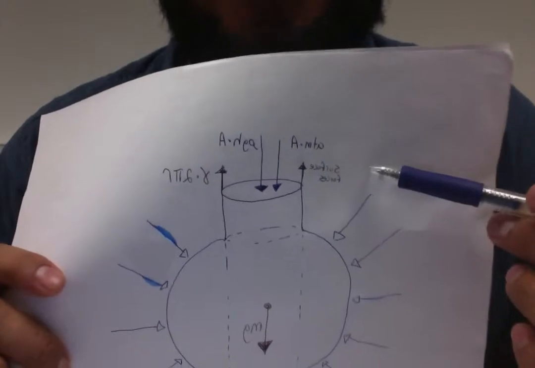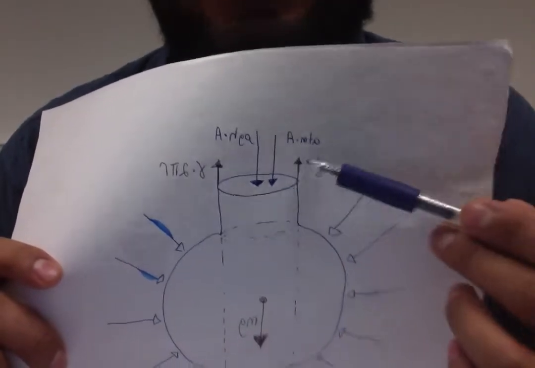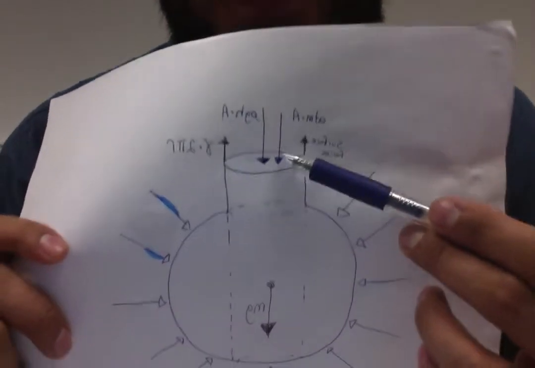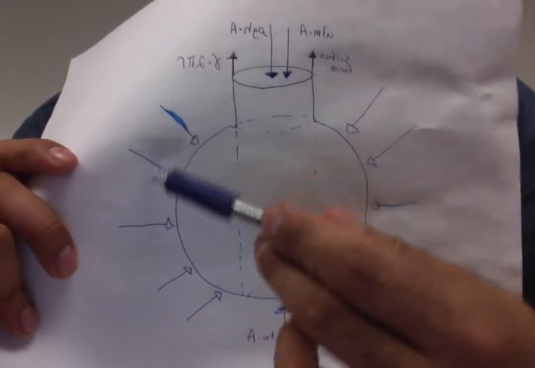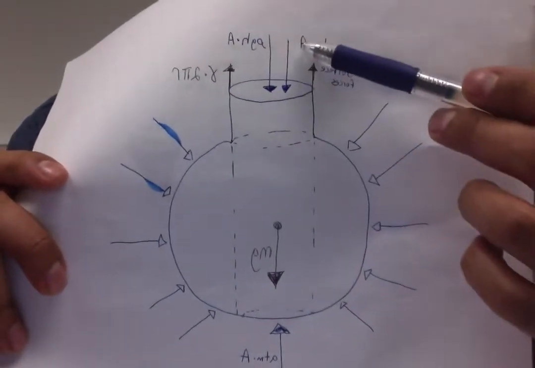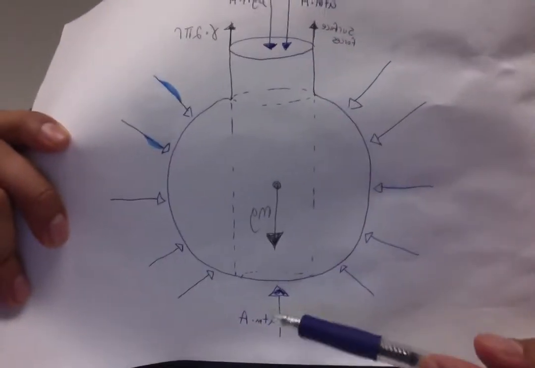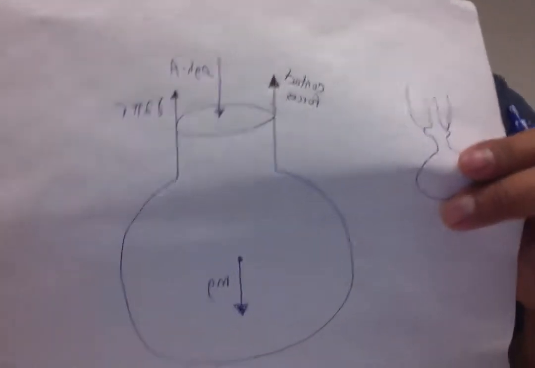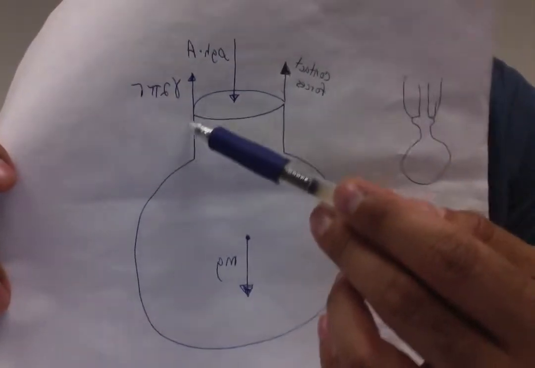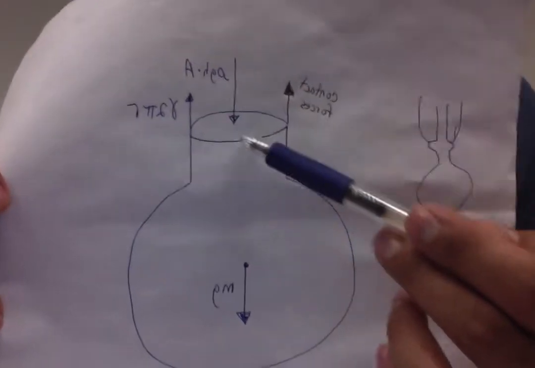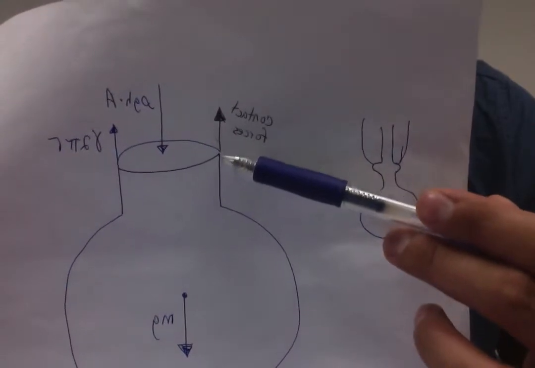Now I'm going to do the experiment such that this gas pressure actually ends up being atmospheric pressure. The reason I need to do that is so I can take this force and cancel it with this force. And then obviously all of these guys cancel with all of these guys. So if I do the experiment such that this is atmospheric pressure, I can cancel this guy with that guy, and my FBD reduces to this here. So now I'm going to have the weight, I'm going to have surface tension, I'm going to have rho gh times this area pushing it down,